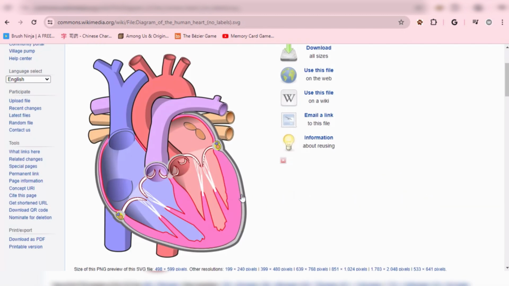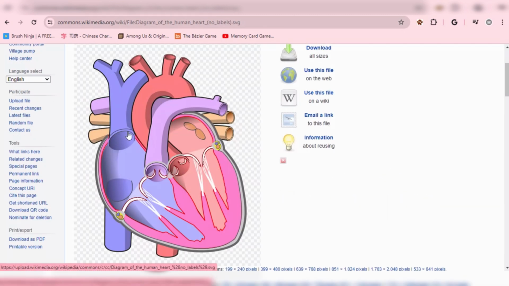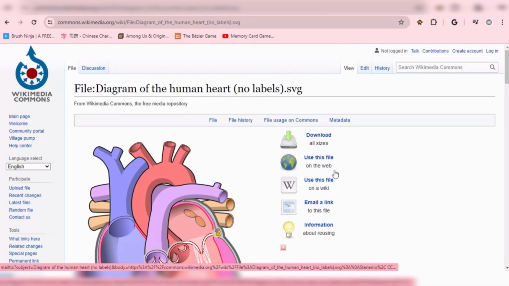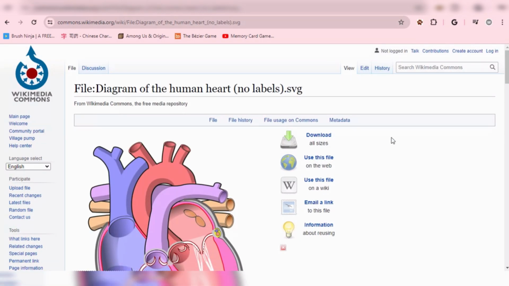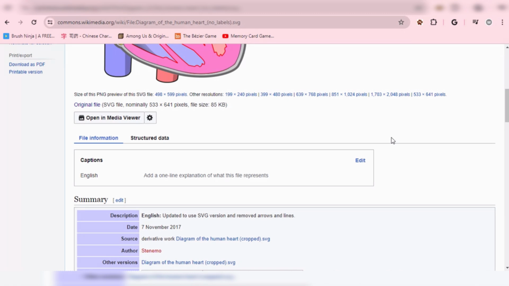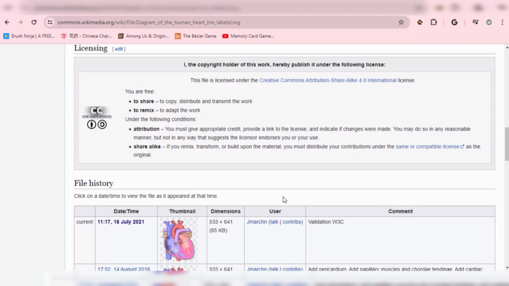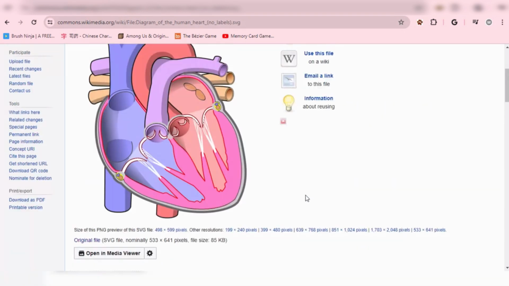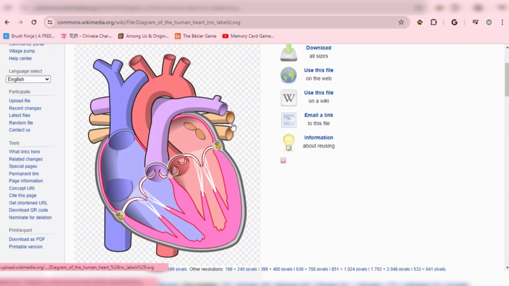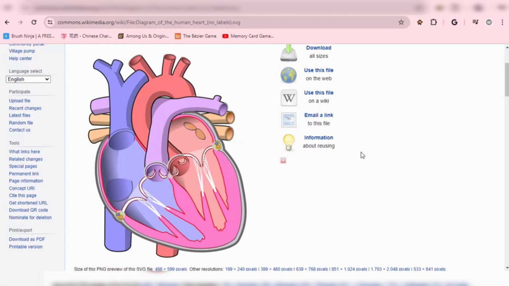This is the image that I used. And the best part is that it's pretty much already in SVG. See? SVG code is valid. You can read all of this stuff if you want to, but after you go ahead and download this thing,